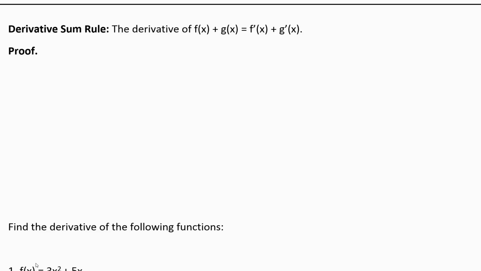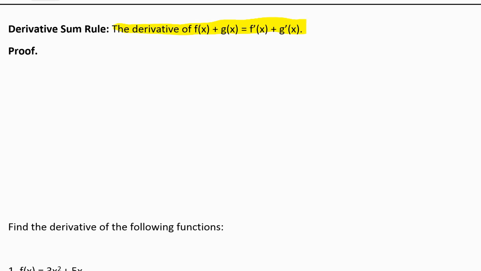This next rule is going to tell us that when we have the sum of two derivatives, we can take the derivatives of each of those functions and add them together. So it's called the derivative sum rule. And it says the derivative of f of x plus g of x is equal to f prime of x plus g prime of x. Okay, so it just kind of says if you're adding two functions, you can take the derivative of each of